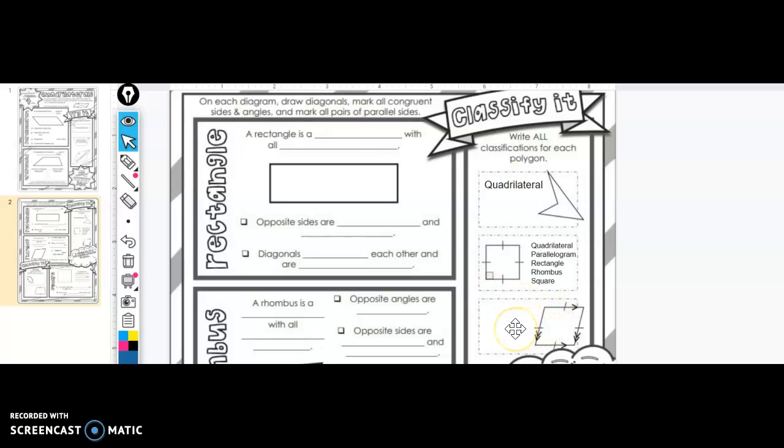Okay, the next one, I'm noticing the parallel line marks. So I do have two pair of parallel sides. But I'm also noticing that these tick marks tell me that all four sides are congruent. So that tells me it's a rhombus. And if it's a rhombus, it's a parallelogram. And a parallelogram is a quadrilateral. So we have quadrilateral,